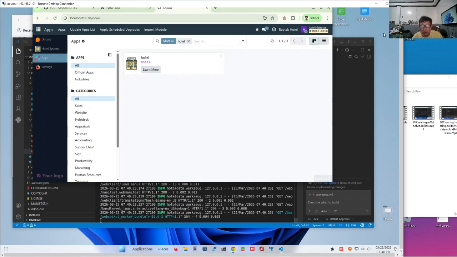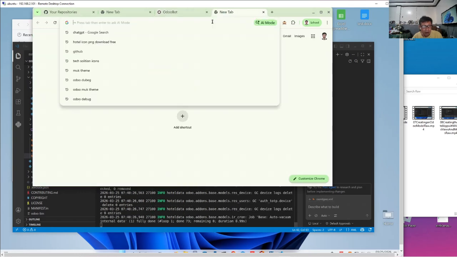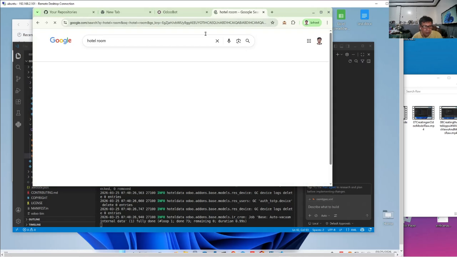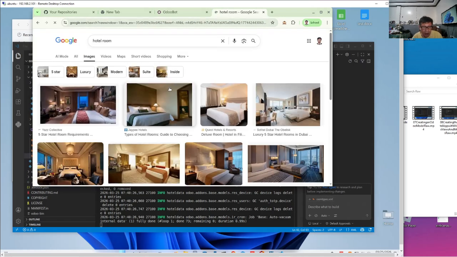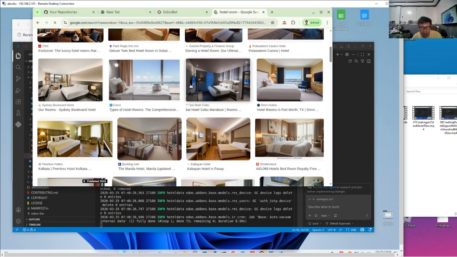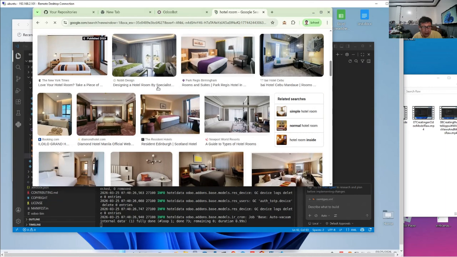Now let's download an image first, for hotel images. What could be a good room? We had a double room, so a single room could be a good one. Simple, but not a very big file.